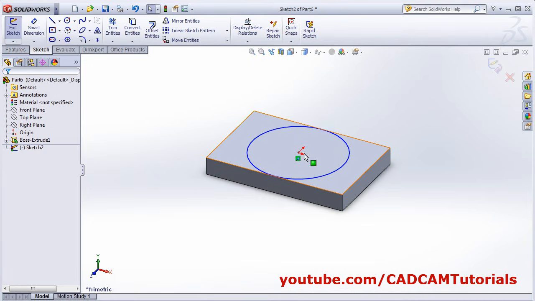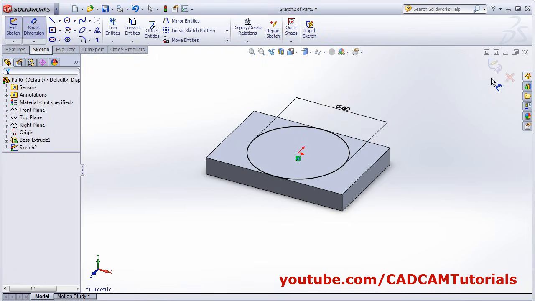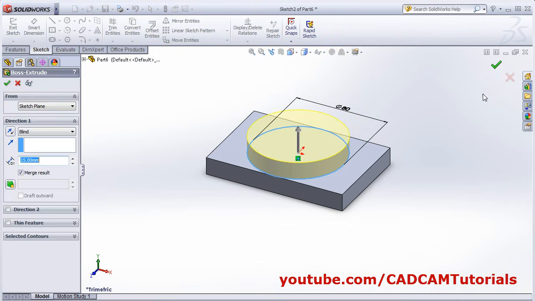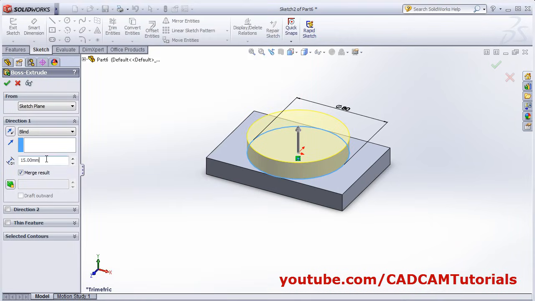So this is already of 80 or you can constrain it using smart dimension, so it is already there, done. Then OK, then give the height is 20, done. Then OK,